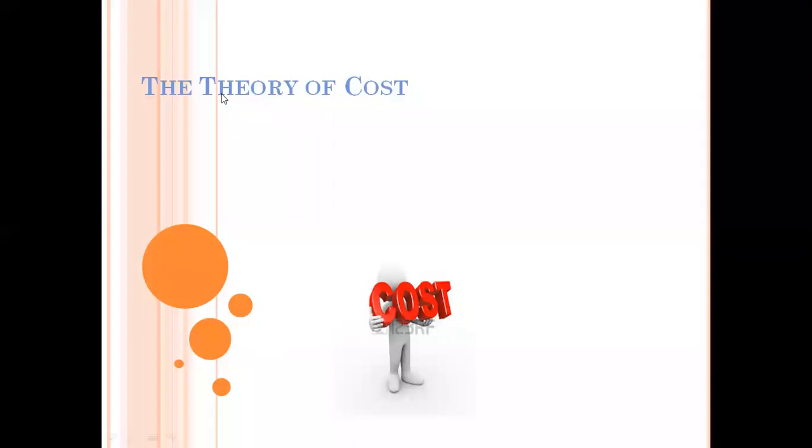We are starting a new chapter today, that is microeconomics chapter cost. First of all, this chapter is from unit number 3, that is producers behavior and supply, and from that unit we have already covered the production chapter last month. So after the production chapter, the chapter which we are doing from this unit is now the theory of cost.